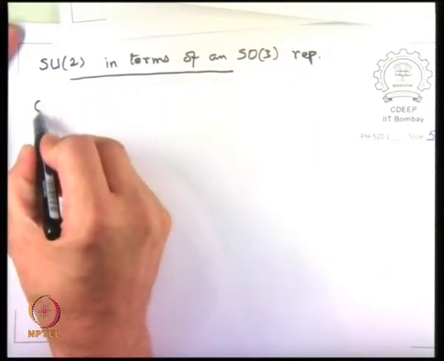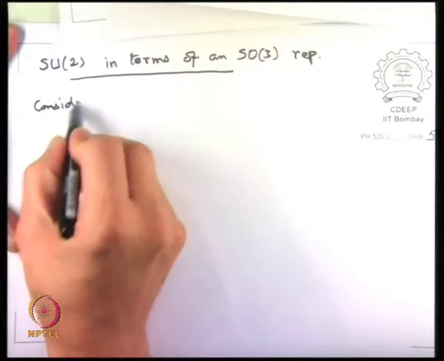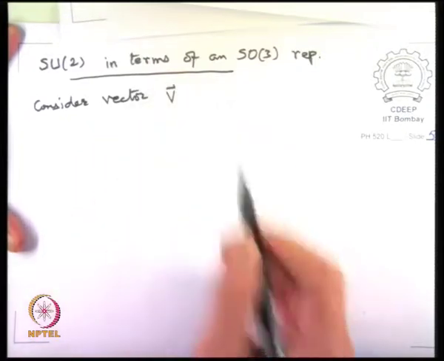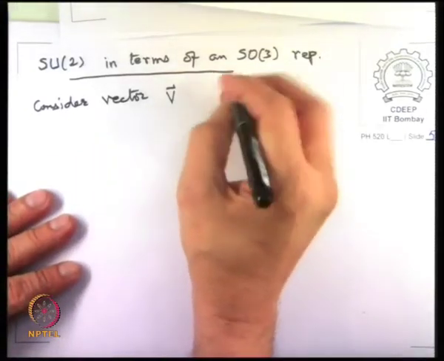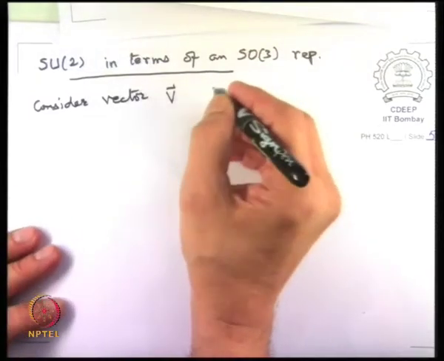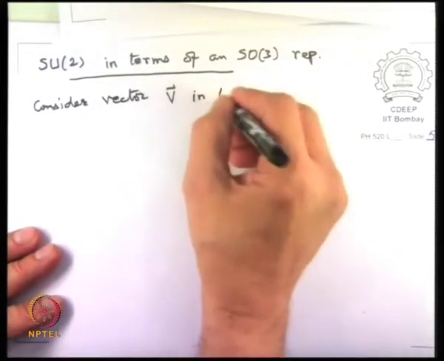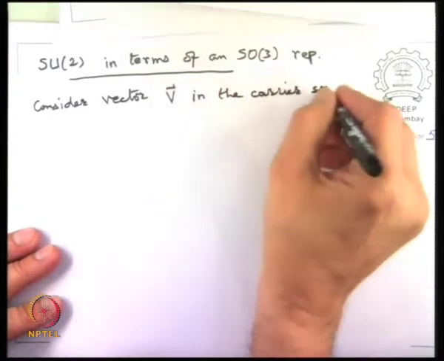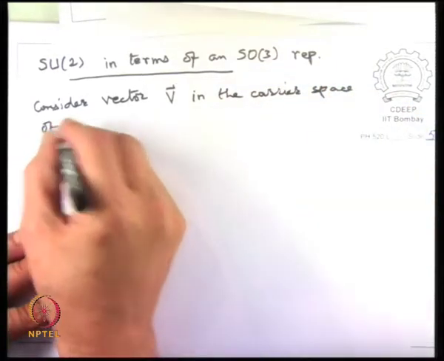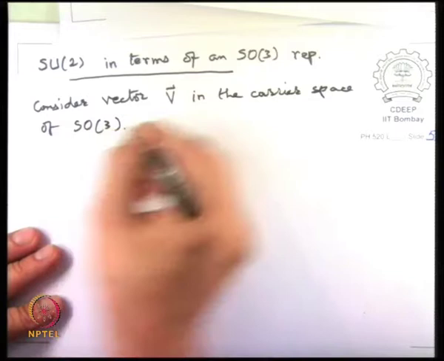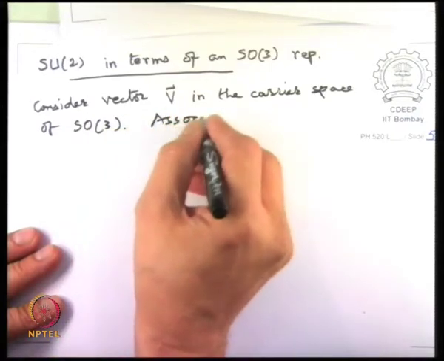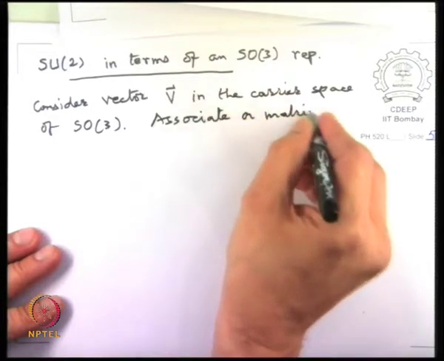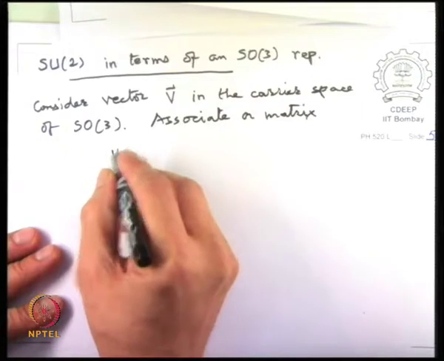So consider vector V, good old physicist notation, which is in the carrier space of SO3. Associate a matrix, and now I put this...